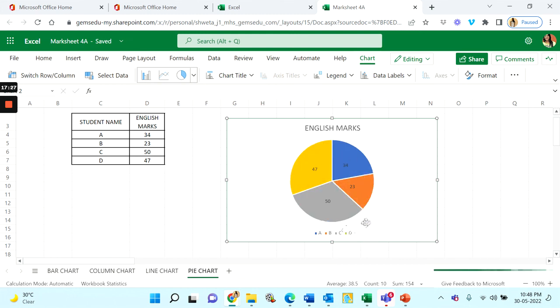And looking at this pie chart, you can figure it out that the biggest pie is for the student C, and in the table also it shows the same. C student has got the highest marks of